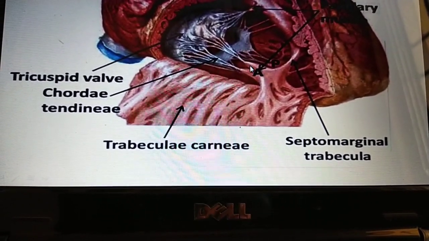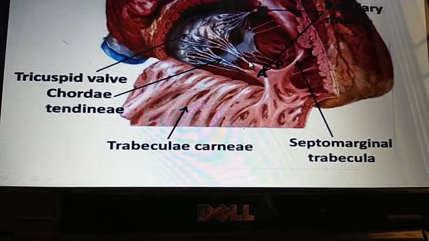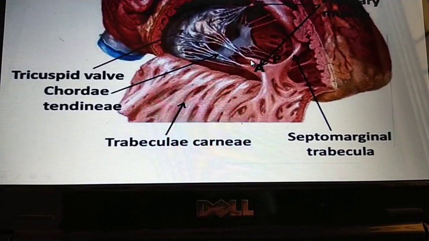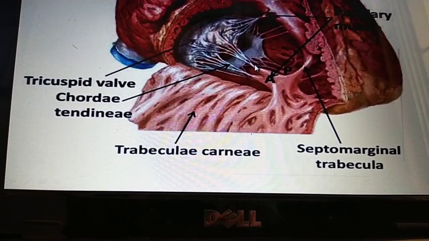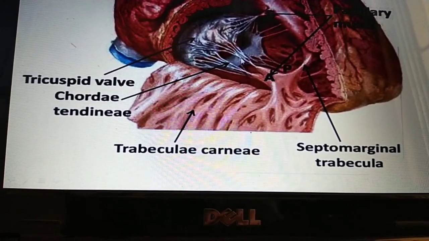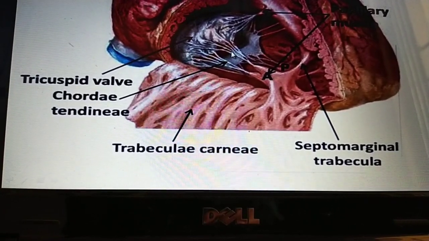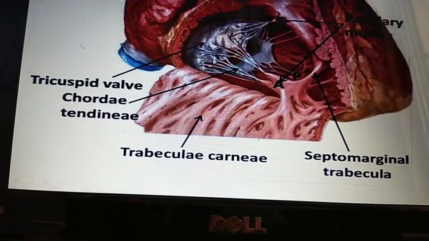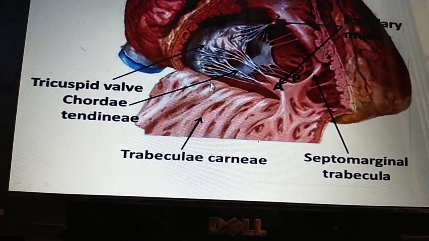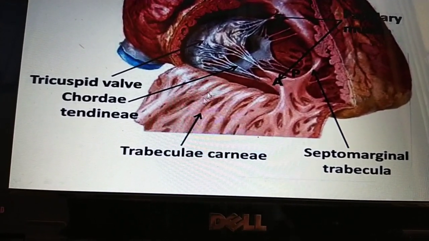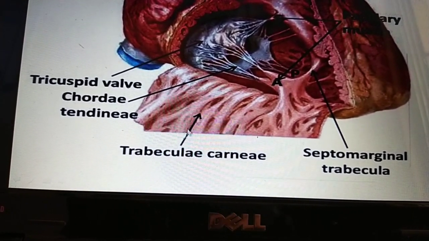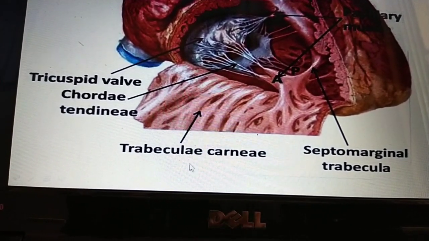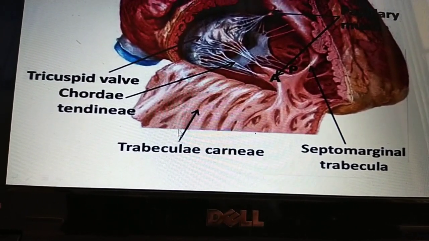These are the chordae tendineae and these are the papillary muscles. These are the long projections of the wall of the ventricle, and they hold the chordae tendineae of the heart. These chordae tendineae are attached to the valve cusps of the heart. These papillary muscles originate from the ventricular walls. They are attached to the cusps of the atrioventricular valve via the chordae tendineae.